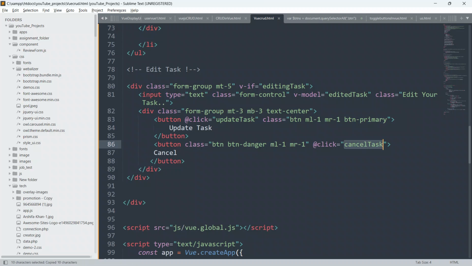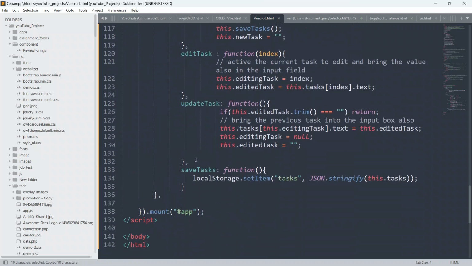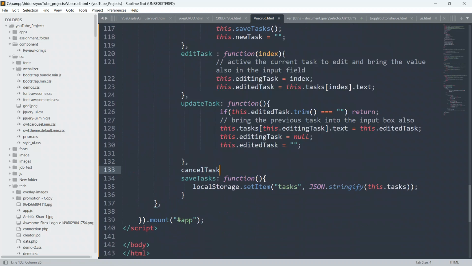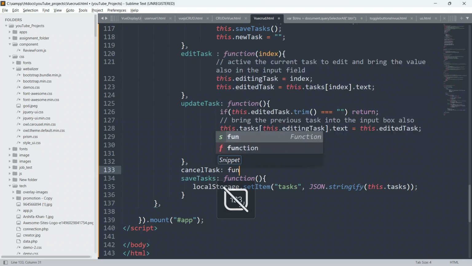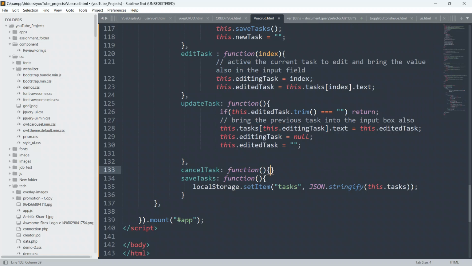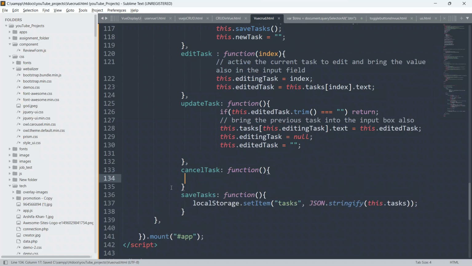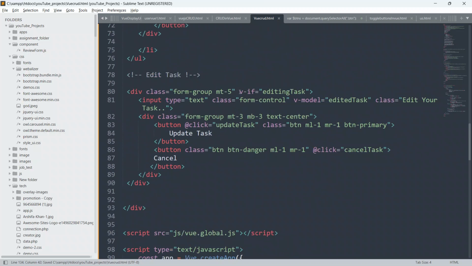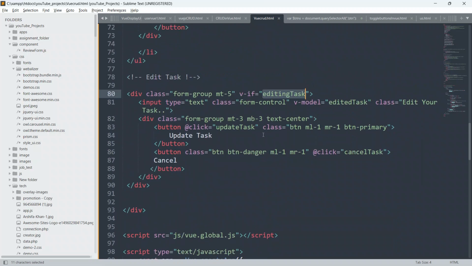Go here, below this put this, give a colon and define a function with opening and closing parentheses, put a comma here, and copy this.editingTask equal to null. So we will set null again. We will set the v-if editingTask again to null.